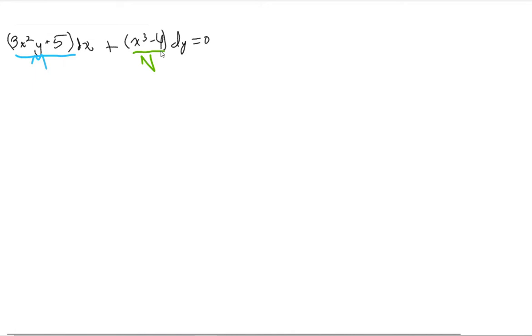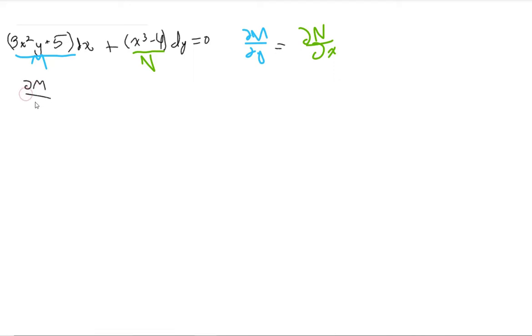That probably sounds kind of complicated and confusing, but once you work it out, it's actually not too bad. So let me just write down how you know if it's exact or not: partial of N over x, assuming M is multiplied by dx and N is multiplied by dy. So let's take the partial derivative of M with respect to y, and that's going to be equal to